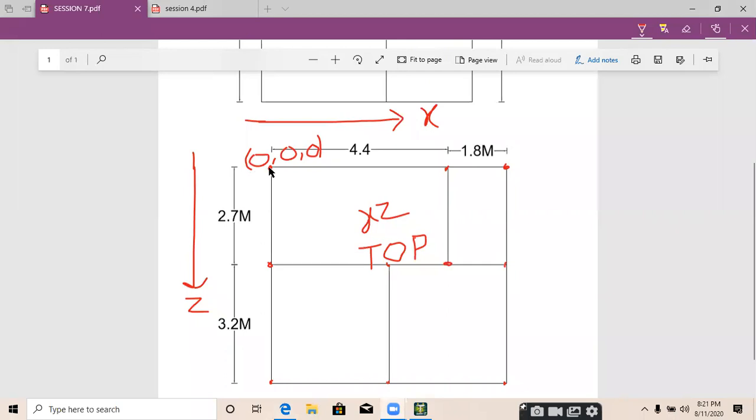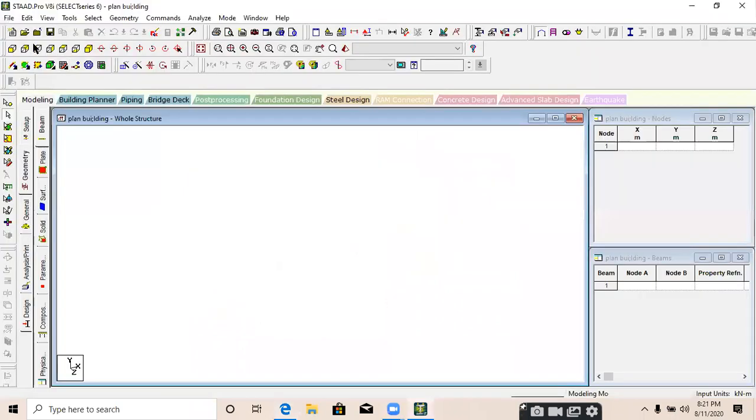So guys, we will take this particular corner as 0, 0, 0 and create all the nodes first. Then we will create a beam in between the nodes. Go to StatPro. These view cubes we use for the view.